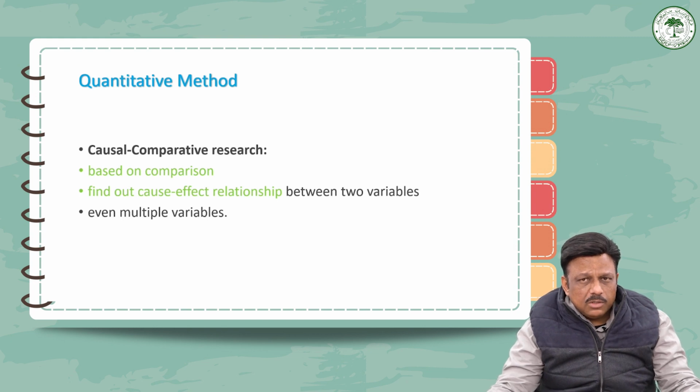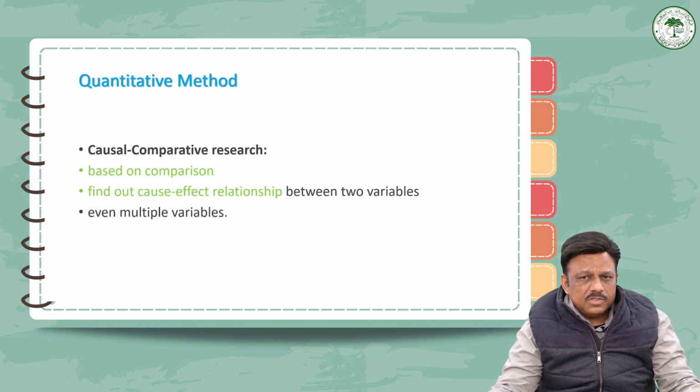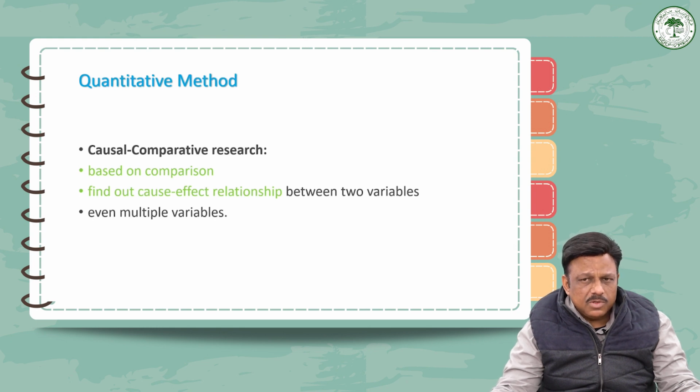Another way of doing a quantitative method is causal comparative research. Now, this method is based on comparison. It's mainly used to find out the cause and effect relationship between two variables or even multiple variables. For example, here a researcher can measure the productivity of employees in a company which gives breaks to the employees doing the work, and compare that to the employees of a company which did not give breaks at all. So comparing these two and many more companies on this parameter, a result can be found out, and a cause and effect kind of relation can be drawn.